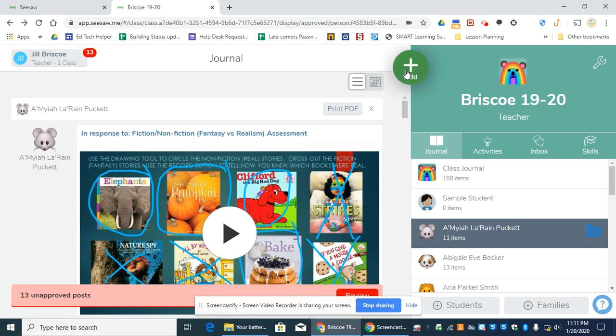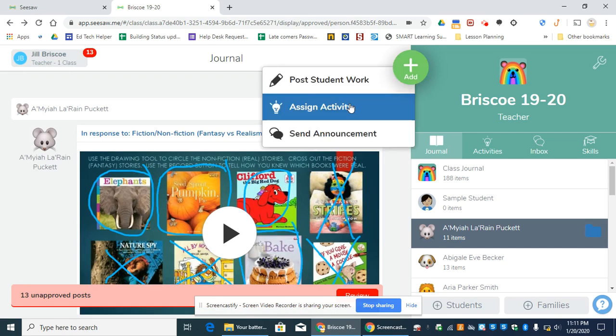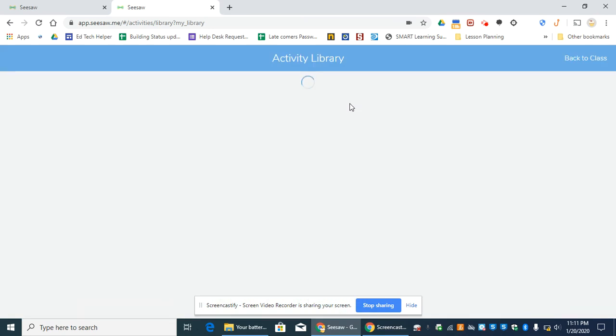My next option would be to assign an activity. This would be similar to the student work. I'd have all the same options, but it would be designed for students to interact with. Now, I could create my own activity, which we'll address in another video, or I can choose from pre-made activities that other users have submitted. So I'm going to click Assign Activity,